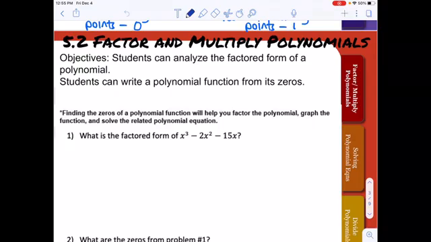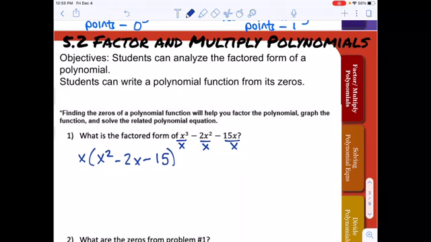So first thing we should do is check for a greatest common factor. There is something we can pull out of each of these, that is an x, which means we take it to the outside of the parentheses and then divide each term by that. Write our new version with the x pulled out down below and in parentheses. And then we want to go ahead and factor out the